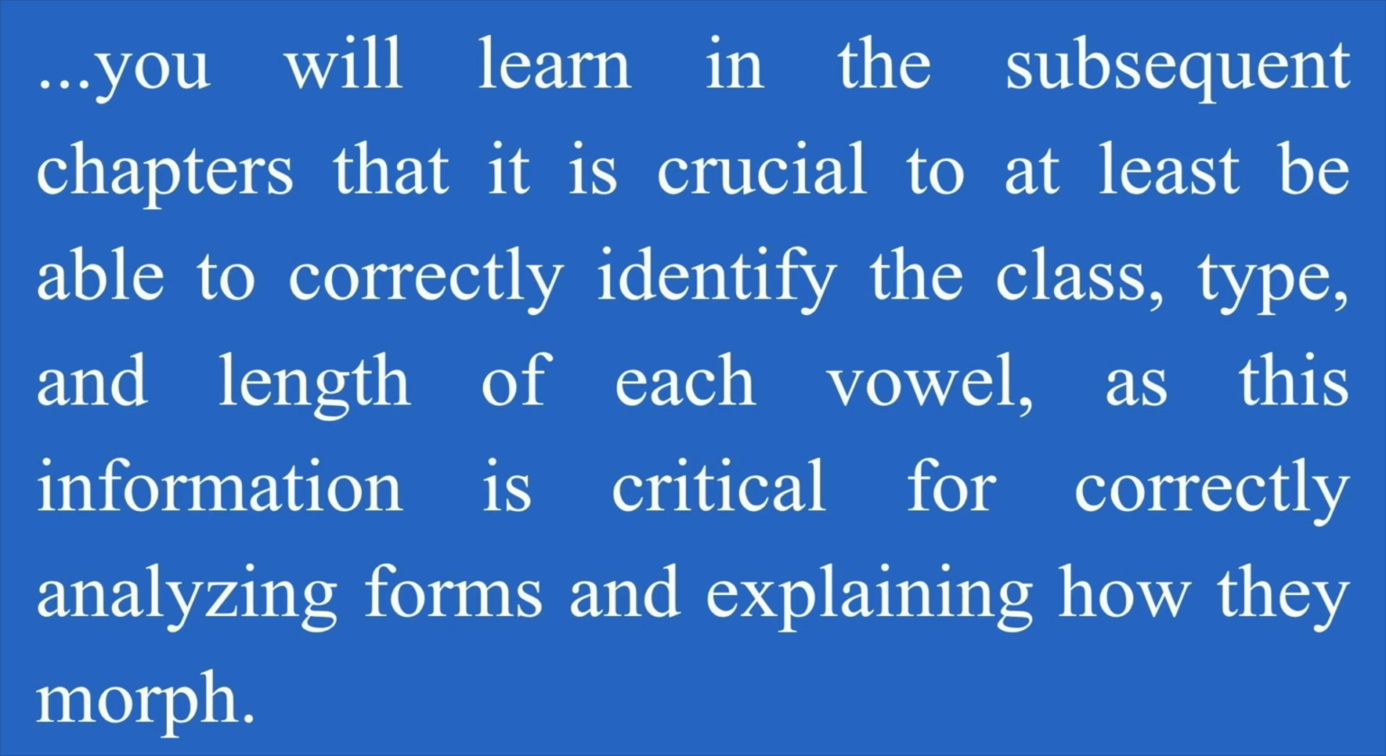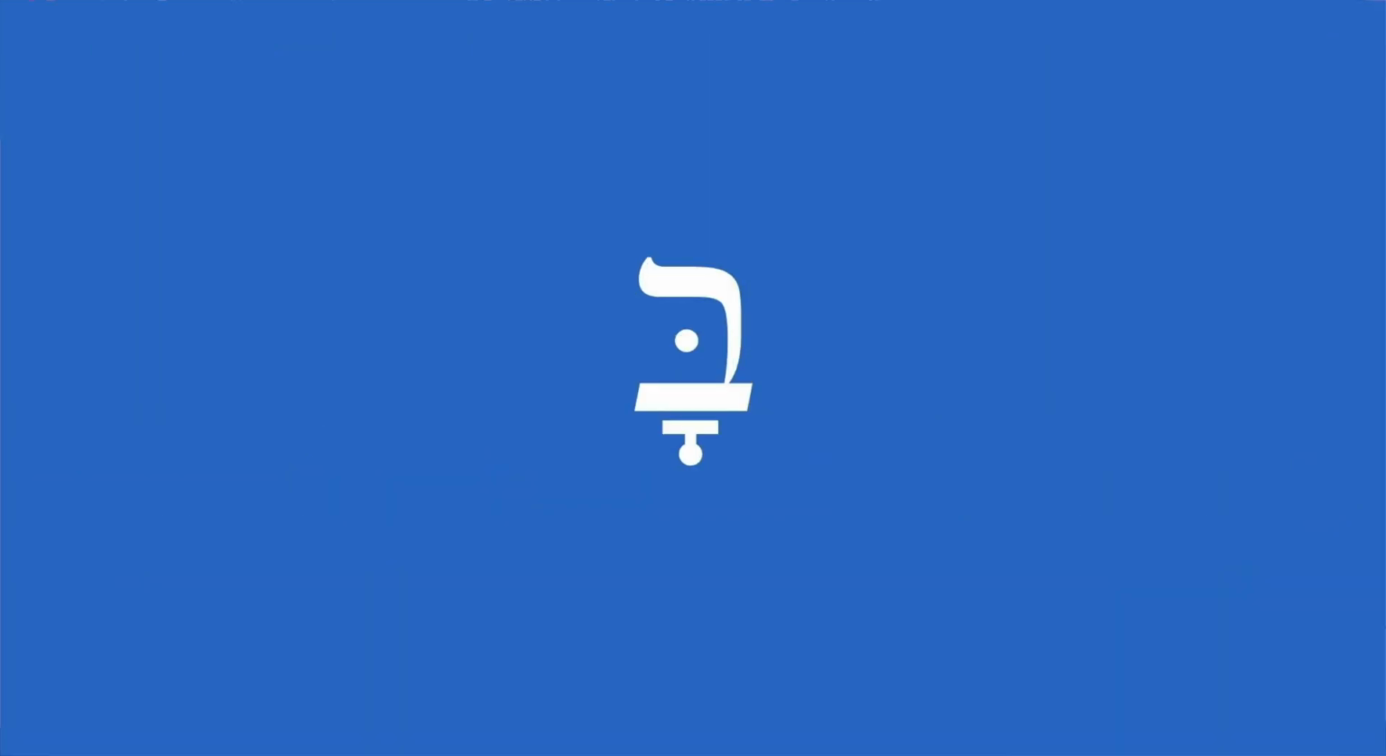All right, let's get a little practice reading with vowels. So every consonant, except for word final consonants, must have an accompanying vowel sign, which is to be pronounced after the consonant. Take, for example, the